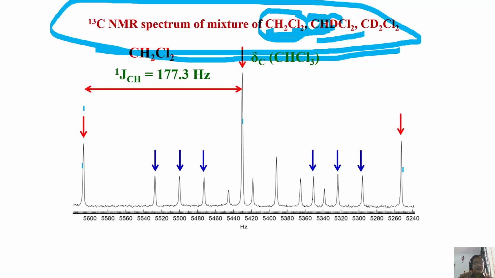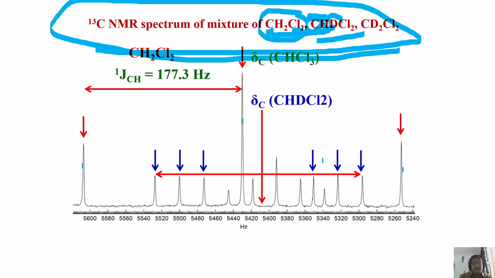Okay, this separation, of course, I forgot to tell you, gives you JCH. This is the chemical shift of this. Now, but look at this. Compared to this, it is not exactly at the center. It appears peaks have moved to the right, is it not? You can calculate. This is exactly the center. That means this is moved by a certain amount.